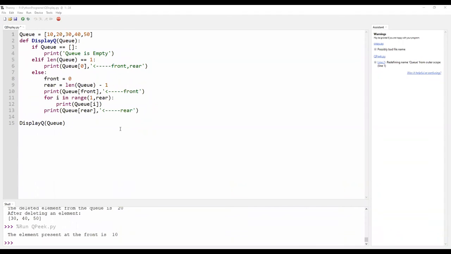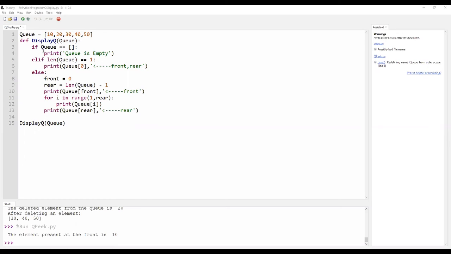Now let us discuss the display queue function, which is printing all the elements which are present in the queue. As of now, I am having 5 elements in the queue, 10, 20, 30, 40, and 50. I am passing the queue as a parameter in the function called display queue. Now the code goes this way.